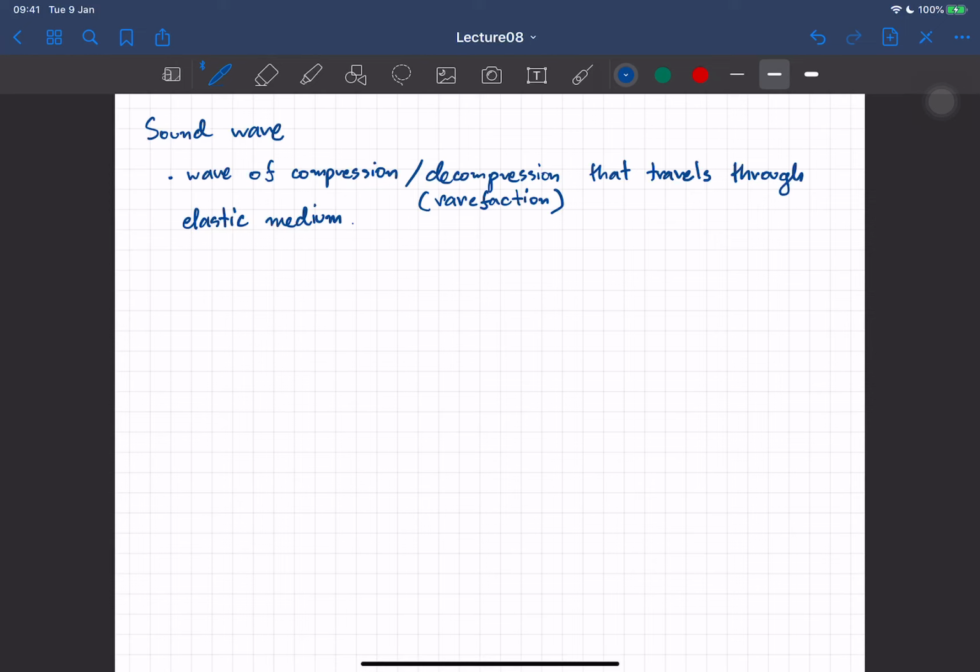And air is like that. Even though you feel like there's nothing here, air is actually called an elastic medium, because if you push the air, that kind of compression can also travel through air, so you can have sound wave in air. And again, we can describe this as either the displacement wave